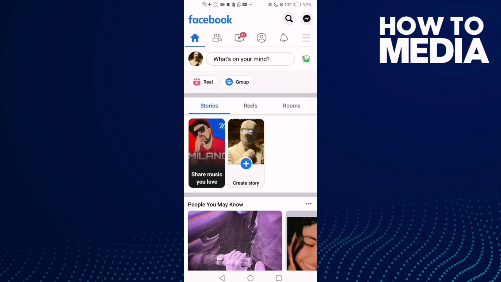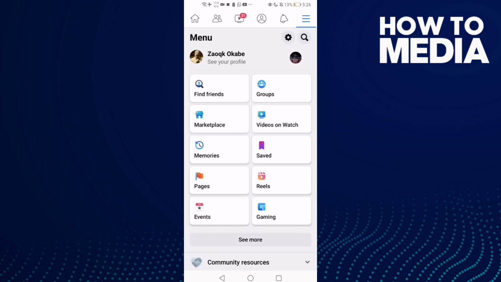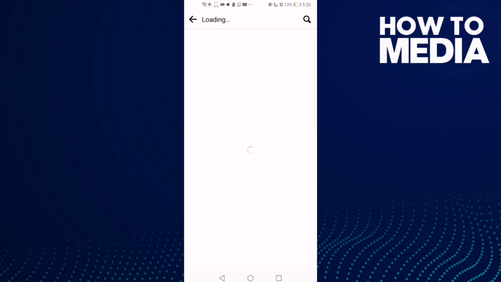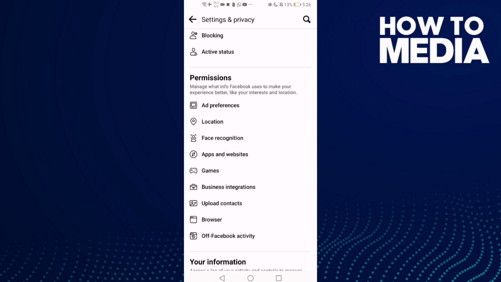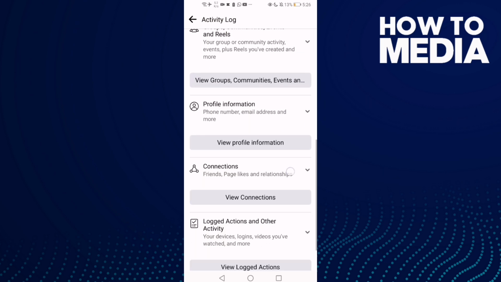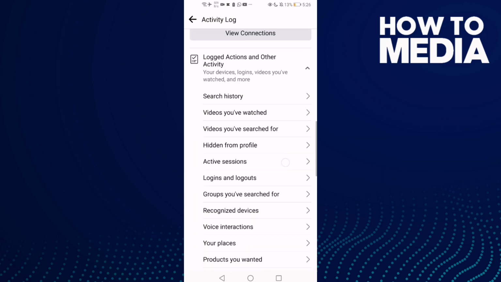First thing, go to Facebook and click the storylines here in the top corner, and then click Settings and Privacy, and then Settings. Go down here and you will find the Activity Log, and then go down and click Look at actions and other activity,